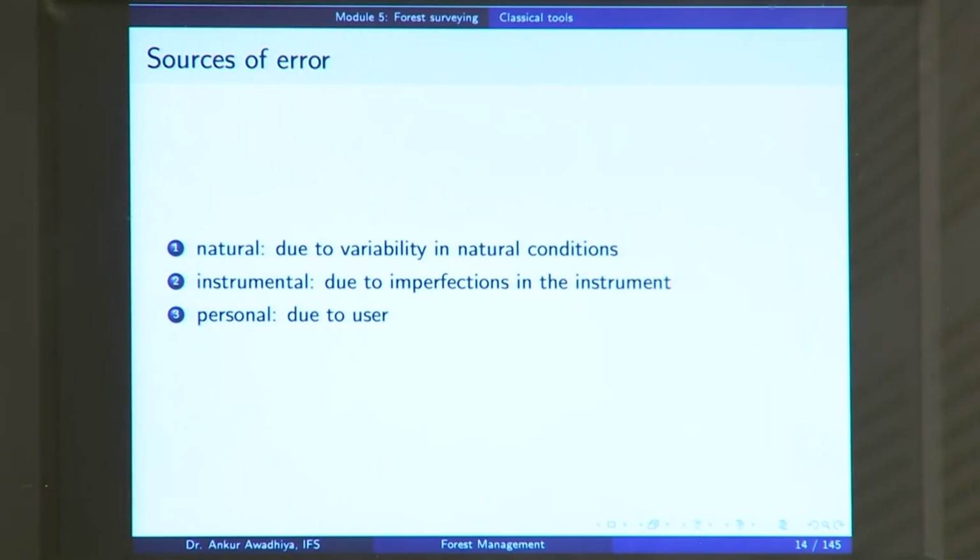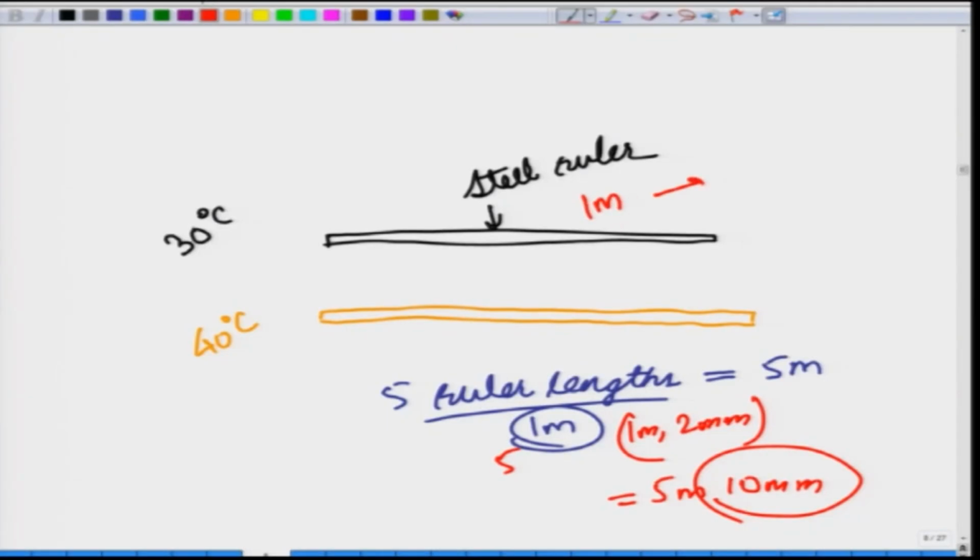In this case what we are saying is that even when you were taking the measurement at 30 degrees, and suppose your ruler was calibrated for 30 degrees, at 30 degrees in place of being 1 meter, this is actually 0.995 meters. So, when this ruler was constructed, the manufacturer did not take into account the very exact measurements, and in place of being a 1 meter ruler, it is slightly shorter. The errors that will creep into your measurement because of this are known as instrumental errors,